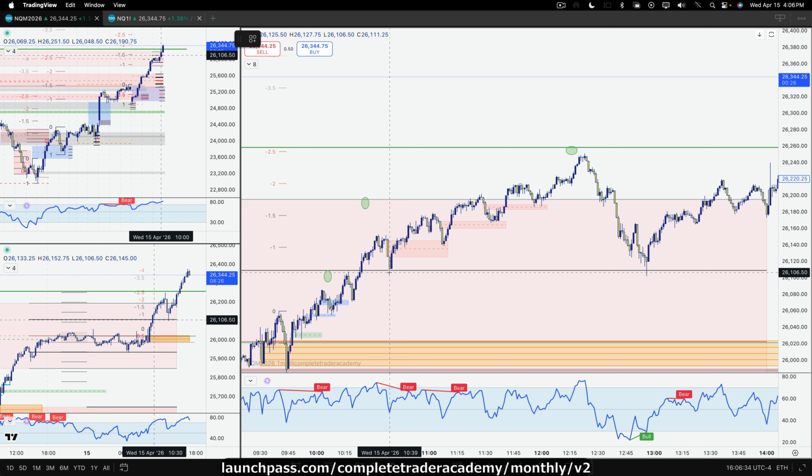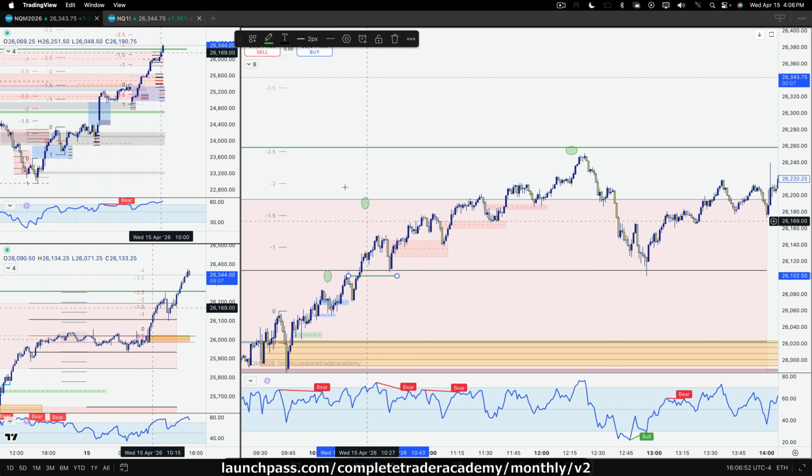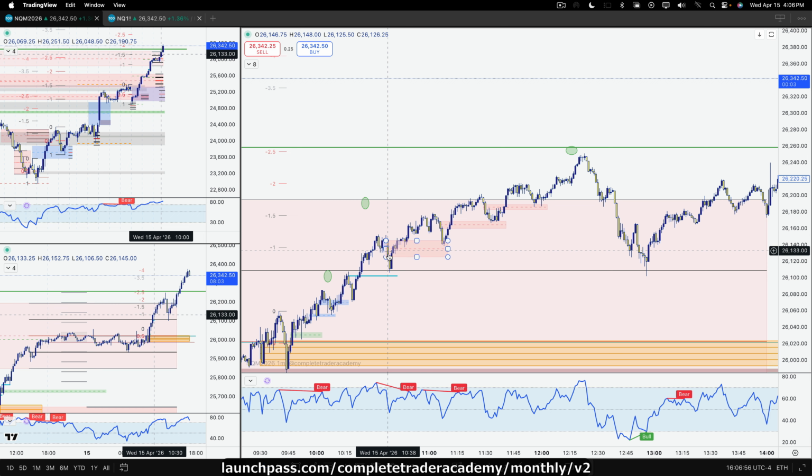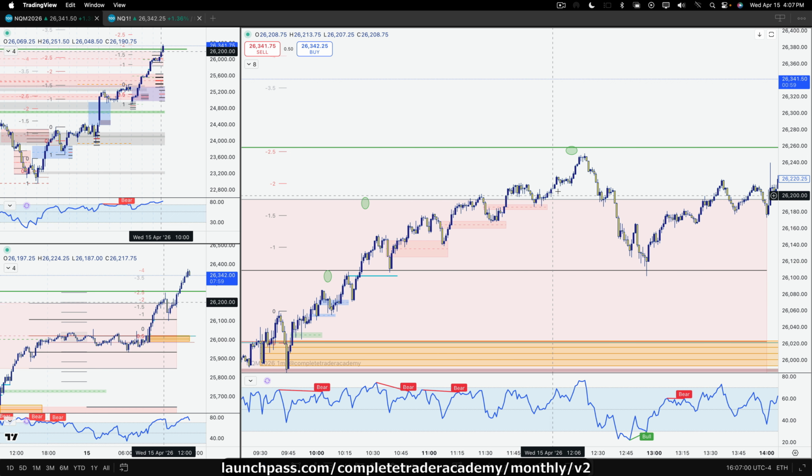But look how it doesn't touch the bodies. Look at this low right here. Look to the left. It doesn't touch those bodies. So I'm going to come right back, because people are making decisions after it crosses over this body. So the guy here, I'm going to drag it out. The guy here, he thought, oh, I just made it, and he's still holding. And now they're trailing their stops.